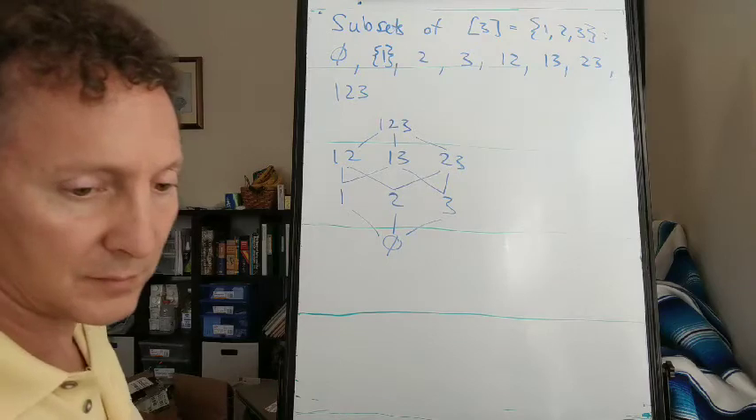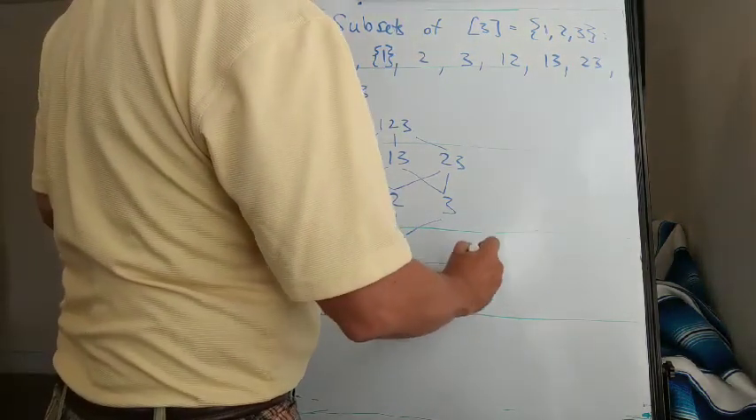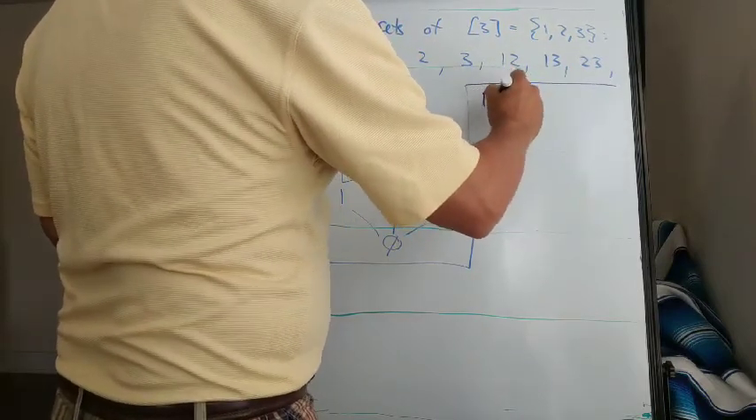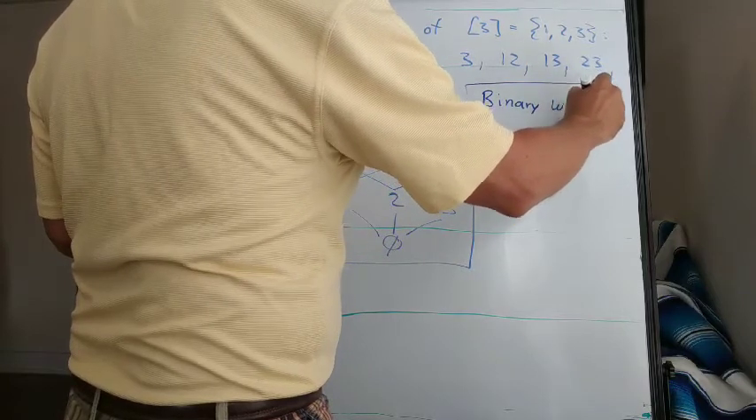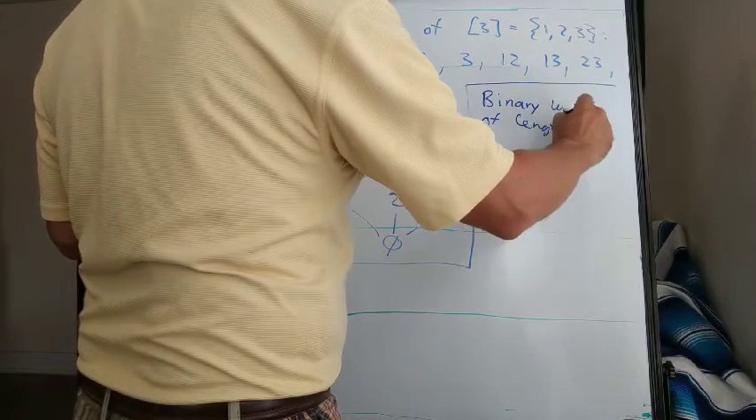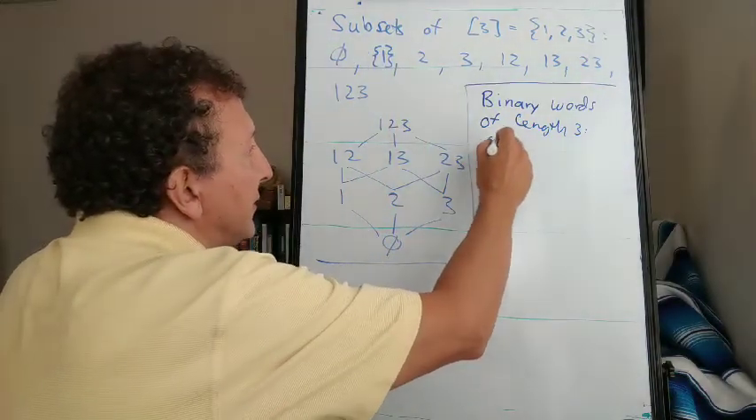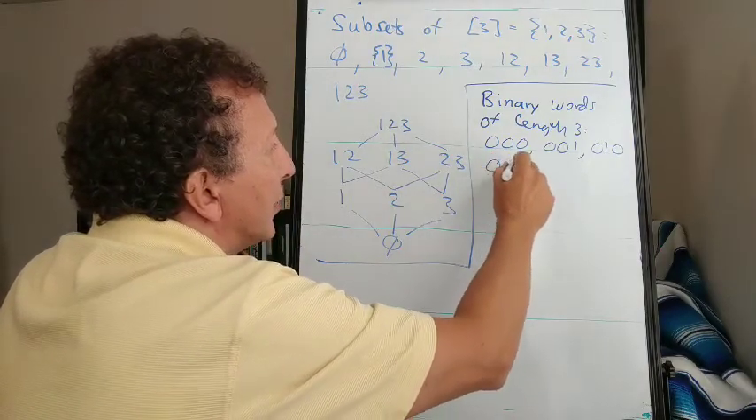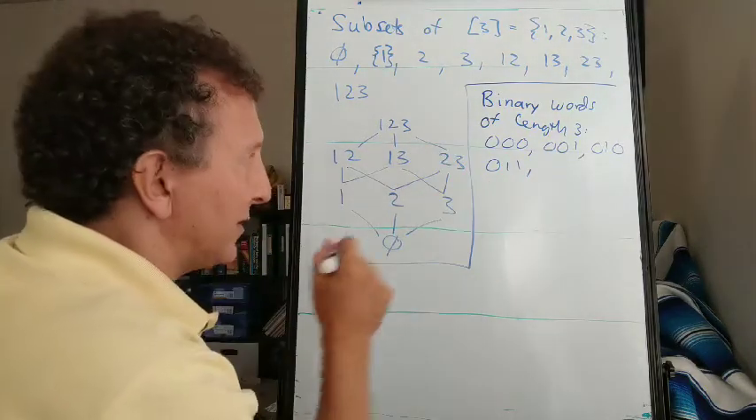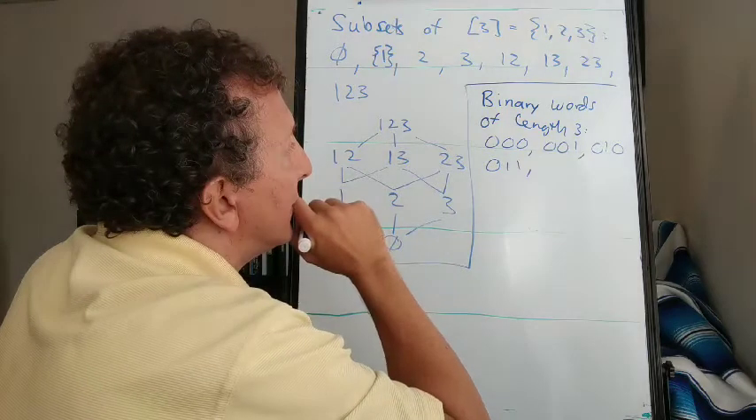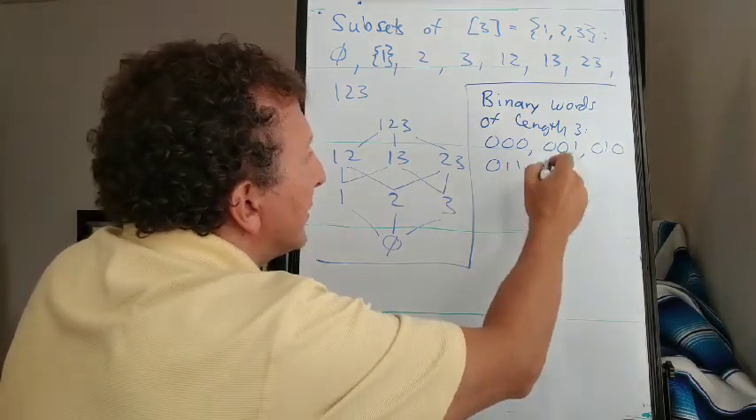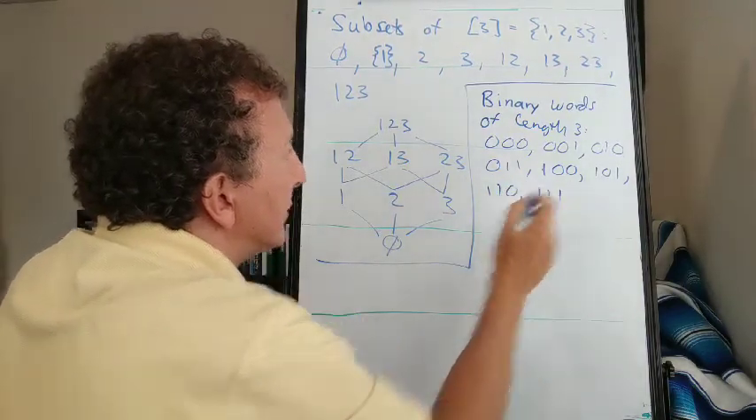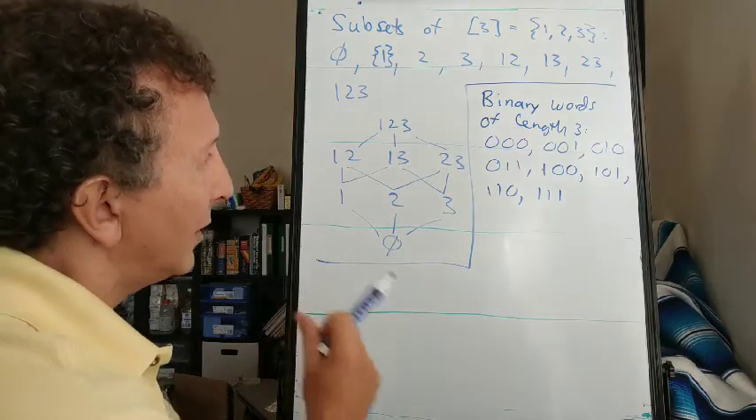Let me do another example. Let's look at the set of all binary words of length 3. So we have 0, 0, 0, 0, 0, 1, 0, 1, 0, 0, 1, 1. I guess we can count in binary until we get to 1, 1, 1, which is 7. So 4, 5, 6, 7. So that's one way to list them. We could also compare these 8 words